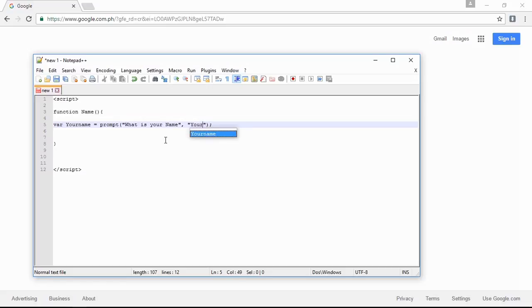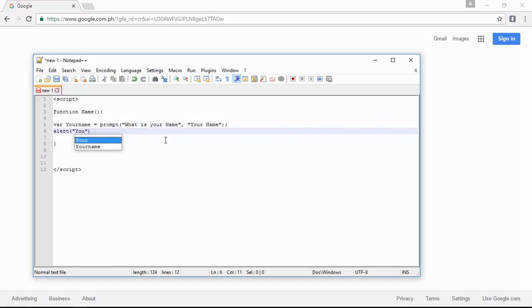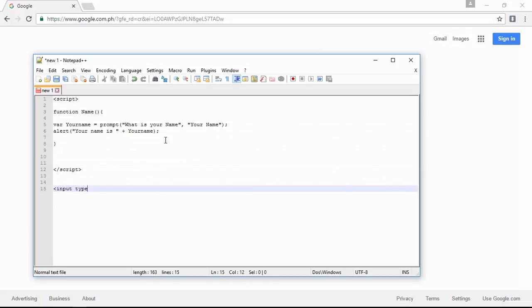Just type your name and then alert, "Your name is," then the variable yourName, and then go to the bottom input, type button, value "Click me",